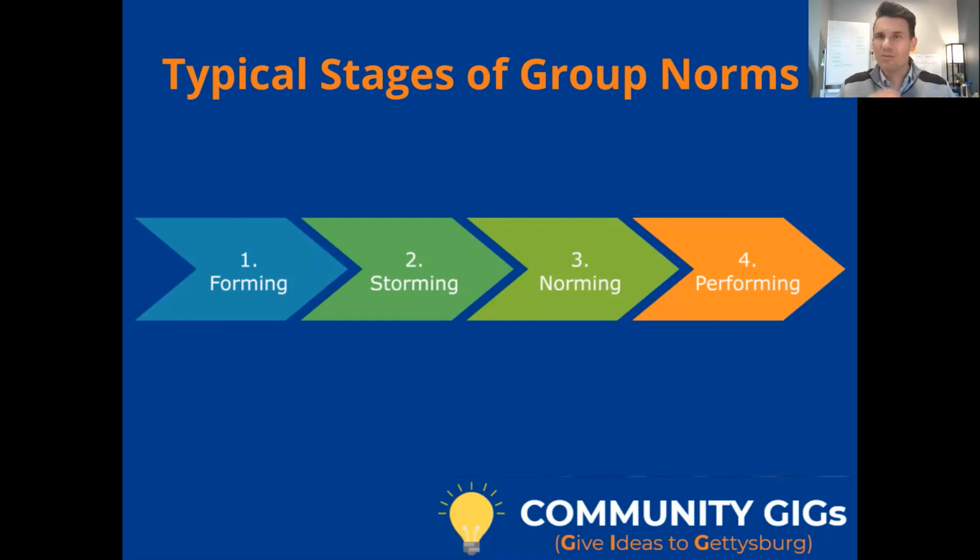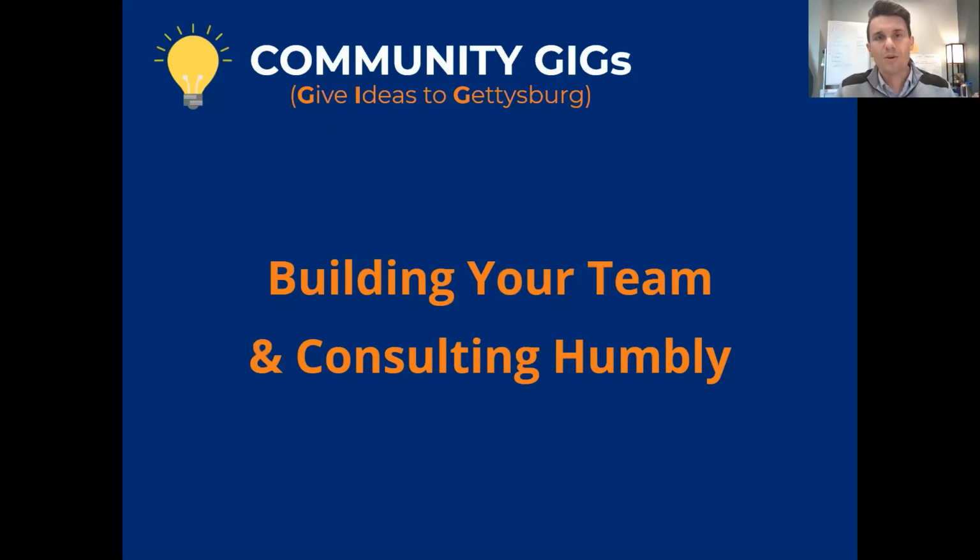The next is norming. So once we've figured out, okay, who is everyone, what do they have to bring to the table, and what does it mean to engage in some conflict, we're going to start to build some norms that enable this group to succeed, and that will lead to performing. So those are a couple of reasons why this work is important, and we encourage you to leave these sessions having a better sense of what it means to be a part of an effective team. So that's a quick overview of what we're trying to do in this session.